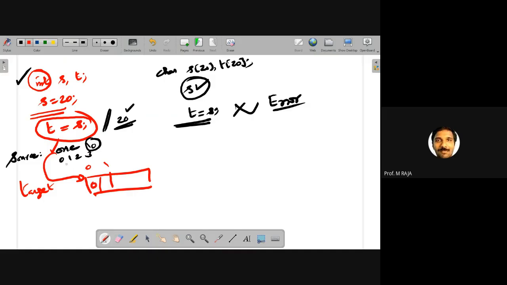Then j is incremented by 1. j becomes 1. N is not equal to null, so in the same position, target of j, n is assigned. Then j is incremented again. At position 2, character e is not equal to null, so e is assigned to the target array. Character by character assignment is done. When j reaches 3, this is null. The condition null not equal to null is false. Control comes out of the for loop, but here we need to explicitly set one null character logically to terminate